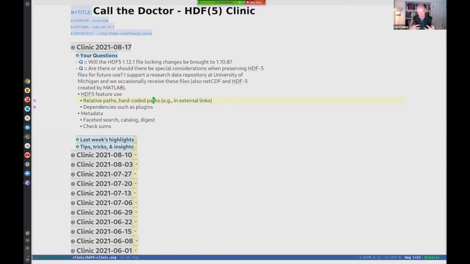Now, from an archival perspective, my understanding would be that in the future, if the relative location doesn't change, then you're good. But if these files get copied to a new file system where the base directory or the base location is changed, then such files would be problematic, because the original assumptions about how to locate by embedding an absolute path in that HDF5 file would no longer be valid.